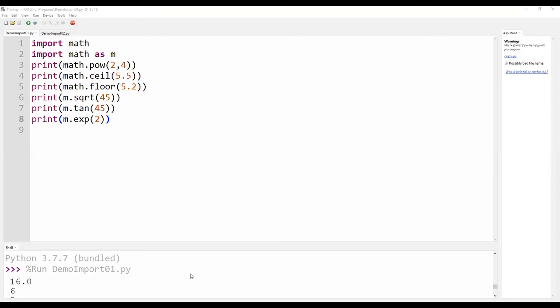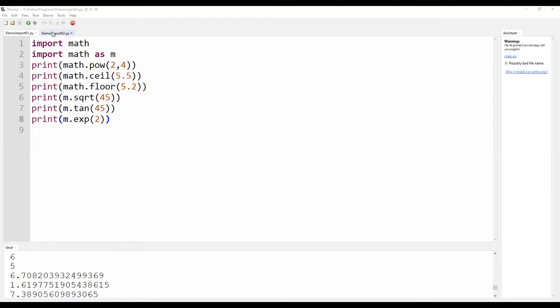I have run this program already. On giving 2 power 4, it is 16. 5.5 ceil gives the answer as 6. Floor 5.2 gives us 5. Then comes sqrt of 45, which is 6.7. Tan 45 gives me 1.6 something. And exponential of 2 gives me 7.3.